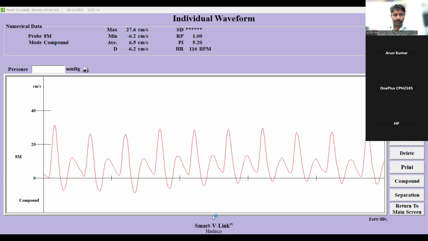I'll just share the saved screen. Now you can easily spot all those portions here. This is very critical for a normal artery. This triphasic waveform should be prominently seen and heard, which you already heard in the sound right now. That sound should be clearly seen and heard. Otherwise, it clearly indicates there is a problem with the